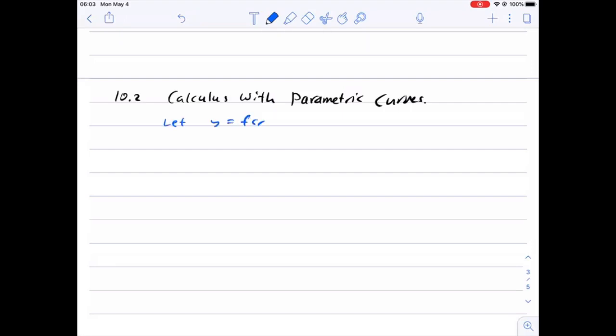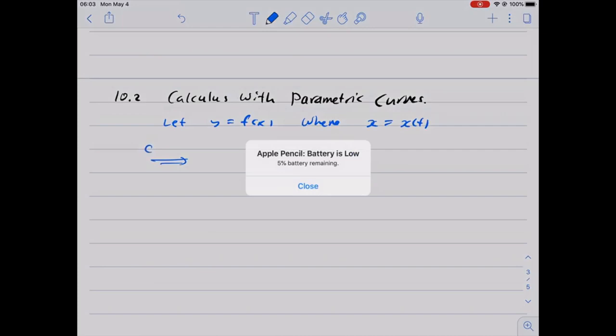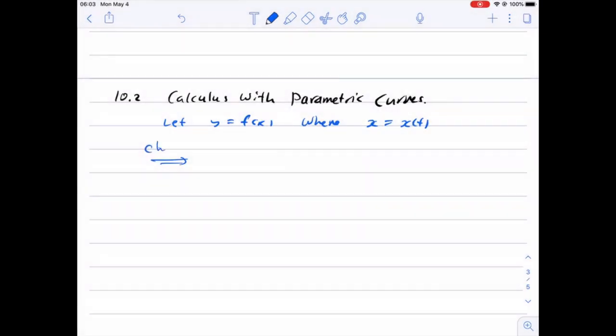Let y equals f of x, where x is a parametric equation, written in terms of t. Then using the chain rule, we get dy over dt,